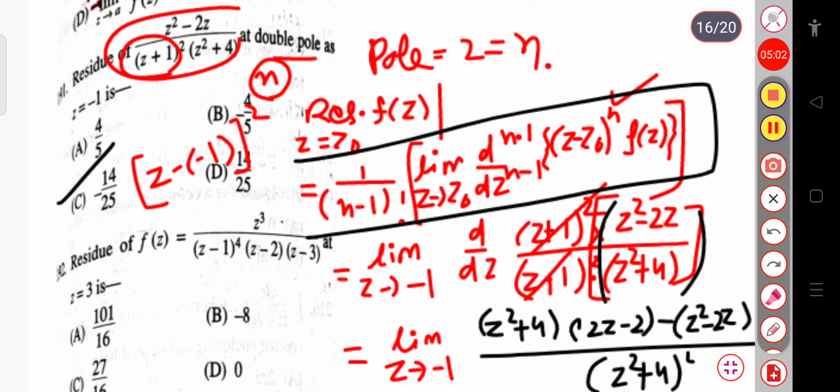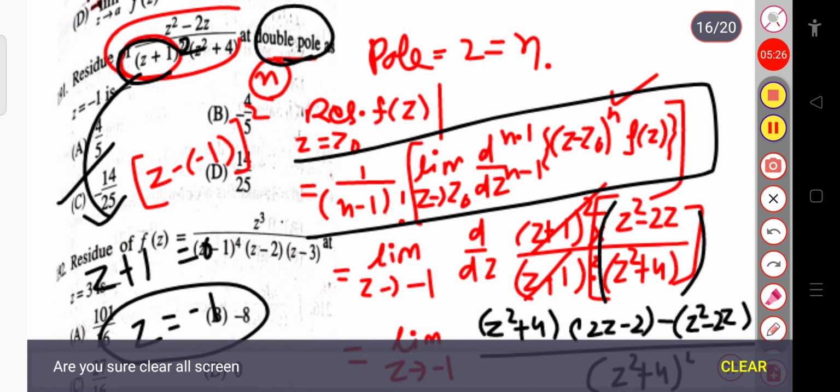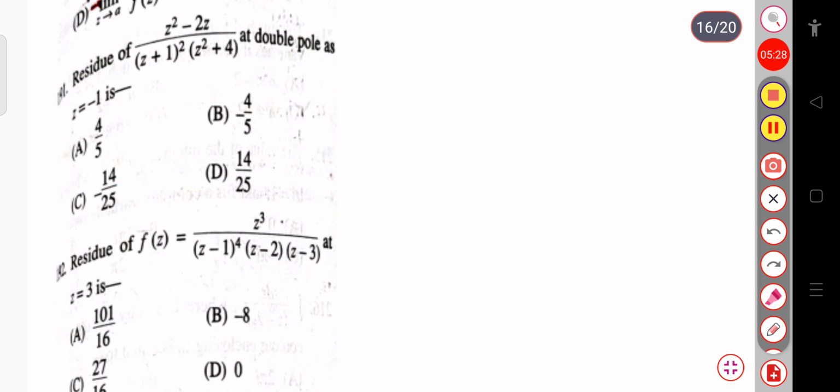This z naught means, when you have to calculate the pole of nth order, then for that the power, when you get the power of something is the order n, so you have to calculate from that part. This part is z plus 1 equal to 0. You have to simply take that part equal to 0, so that you can calculate the value of z, and here the value is z equal to minus 1. Okay, so in this way you can calculate the residue of the function. Now let us see the next question.